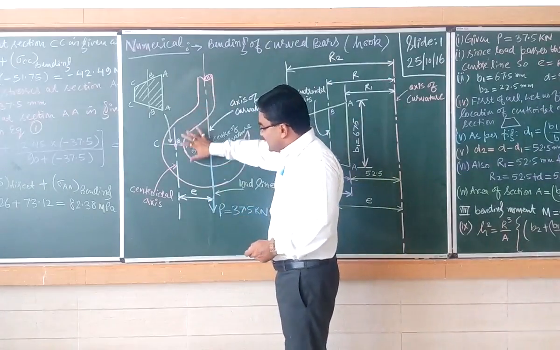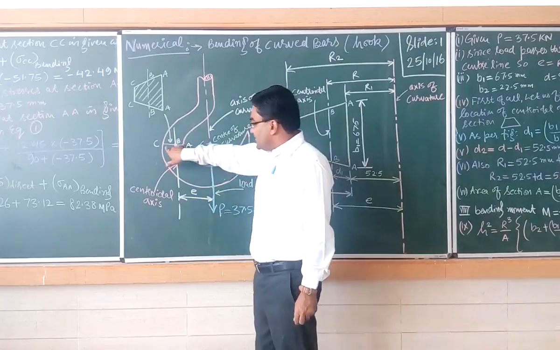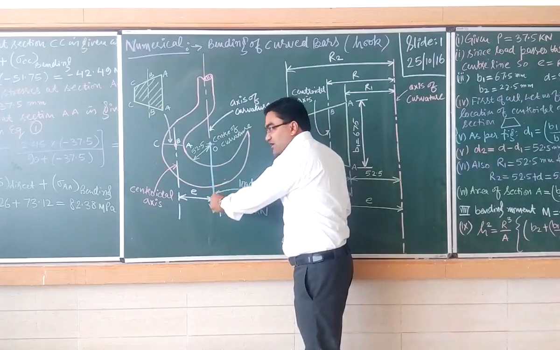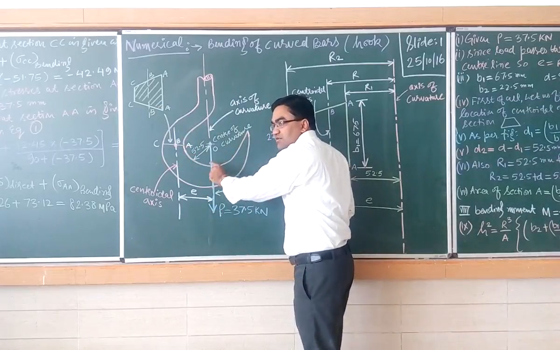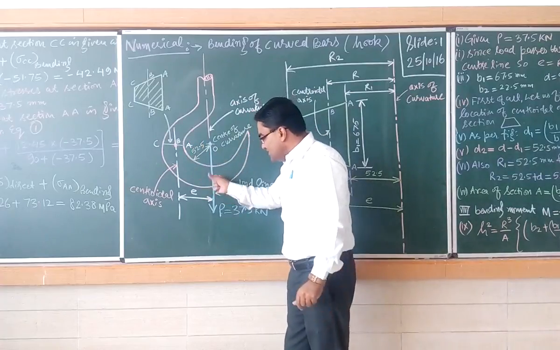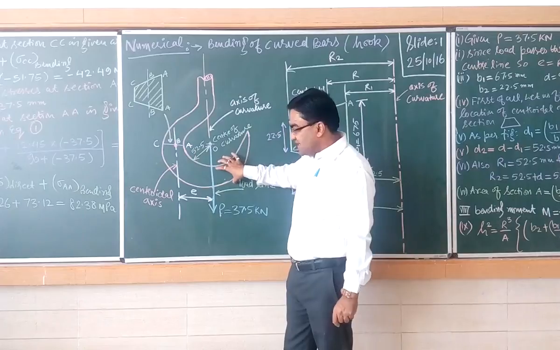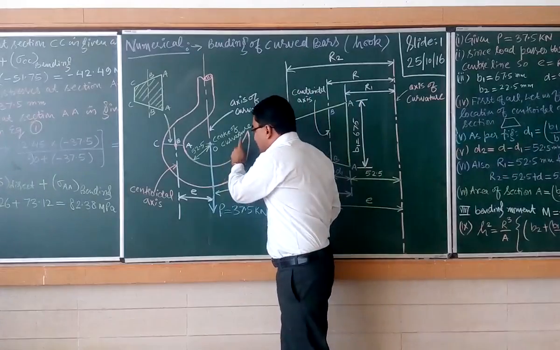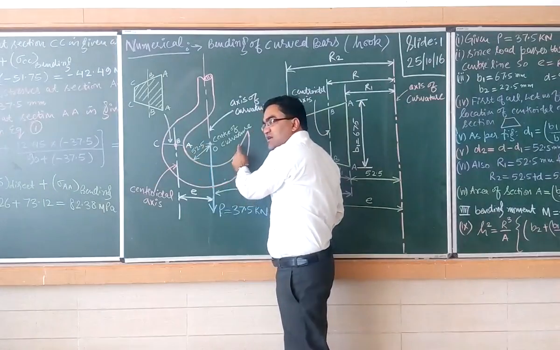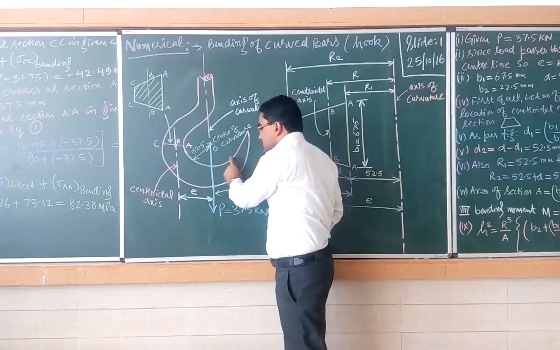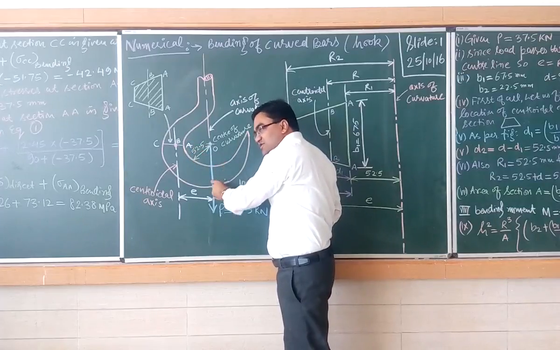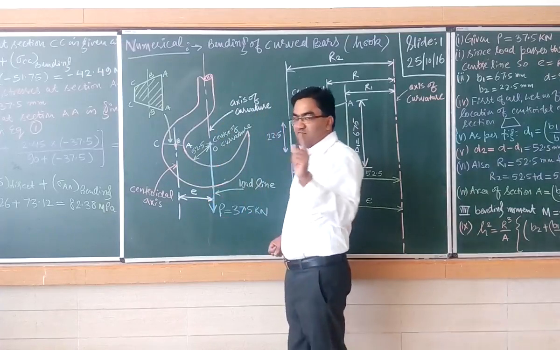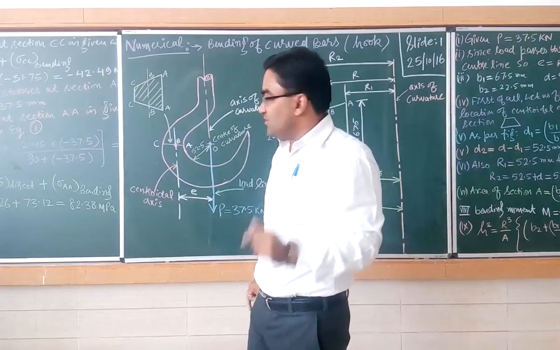Now from this figure it is quite clear that this is the cross section. If a load is there, this is the curvature, and this load will try to straighten this curvature, means it will try to reduce this curvature. Since this is a circular, or you can say semicircular, curvature, it will try to straighten the crane hook by the application of the load in the downward direction. This is a very important point.